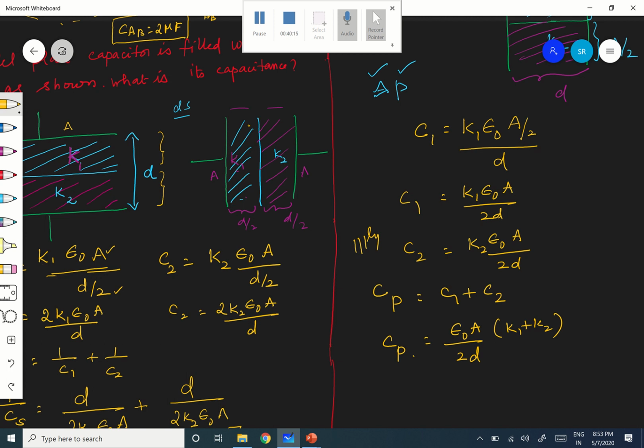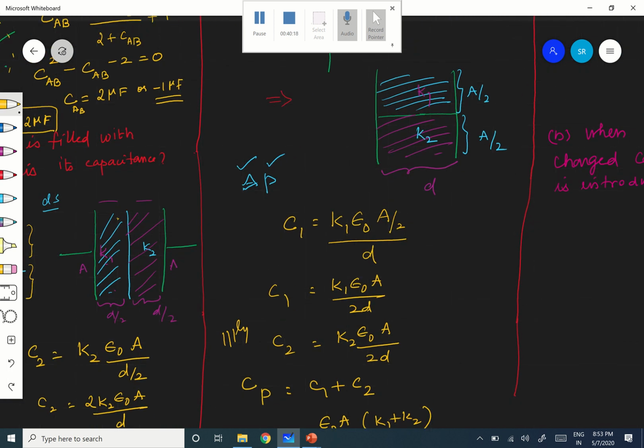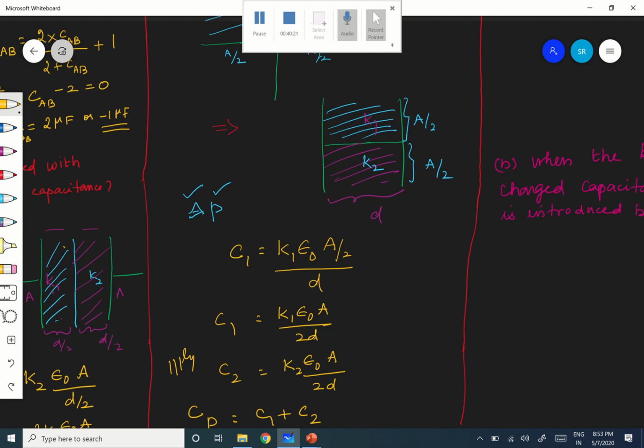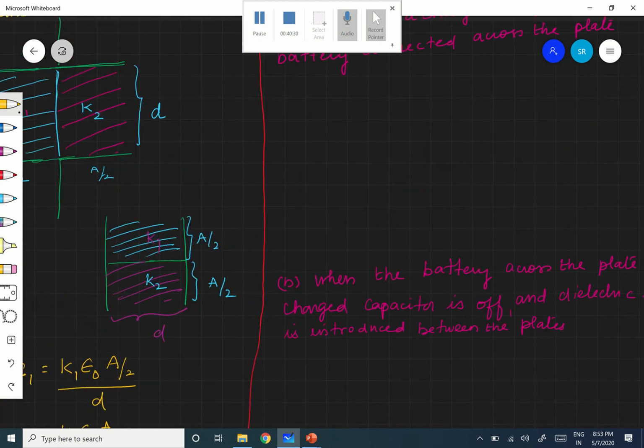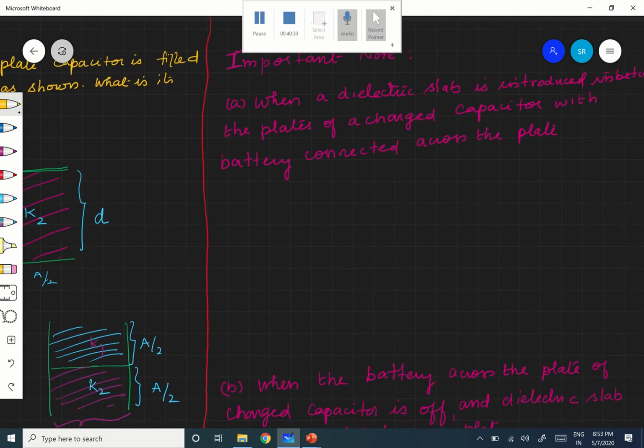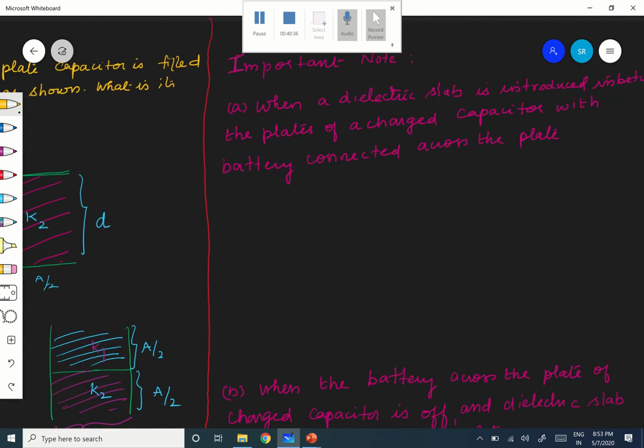Okay, so this is a very important problem. Usually it will be asked, this is about competitive exams also, it is very common, and even in the CBSE board also. Next one. Before going to the next problem, I am going to give you one very important note. This is a very important concept that you should know, because with that you can solve many different types of problems easily. What is that?